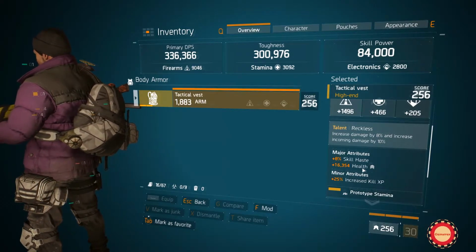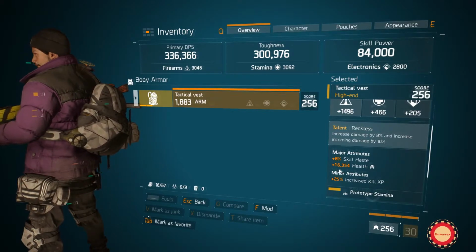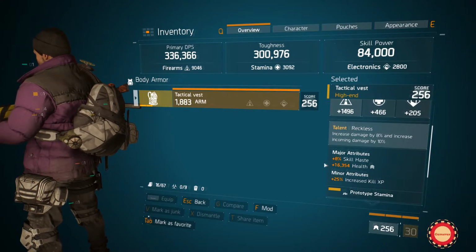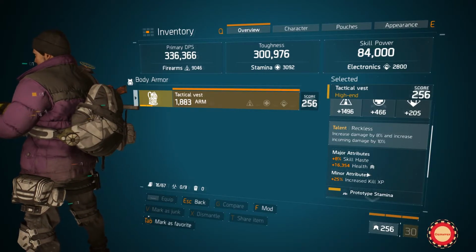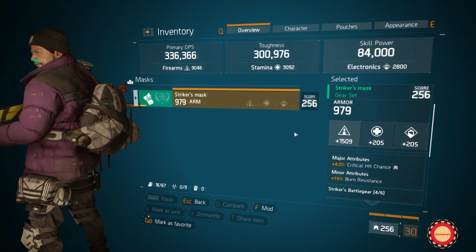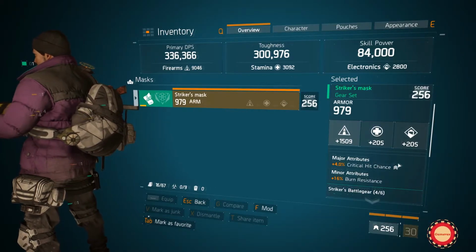The health should be anything above 16,000, because right now the armor, the toughness, is the weak point, so definitely you need to invest more in your health to increase your survivability in PvP mode. Now if we go to our mask, you would definitely want the critical hit chance over here, because